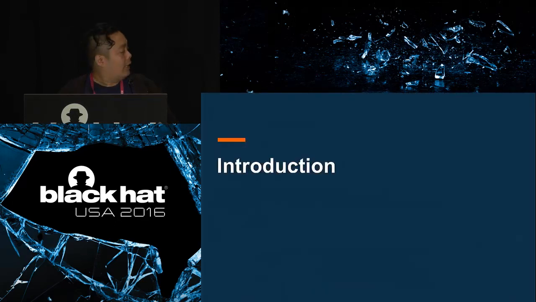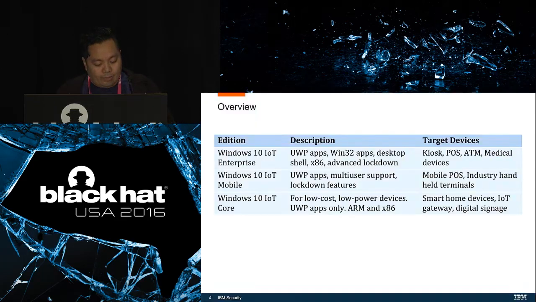So Windows 10 IoT Core is part of the Windows 10 core platform and is designed specifically for small footprint and low-cost, low-power devices. There are 3 editions of Windows 10 IoT, but we are only concerned with the Windows 10 IoT Core edition. That's for low-cost, low-power devices, and aimed at smart home devices, IoT gateways, and digital signage. The other 2 editions are Windows 10 IoT Enterprise, which is